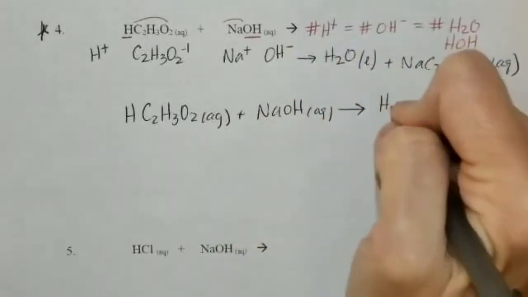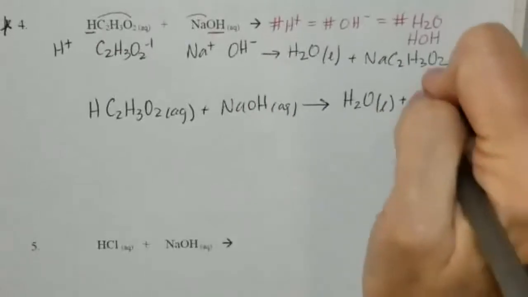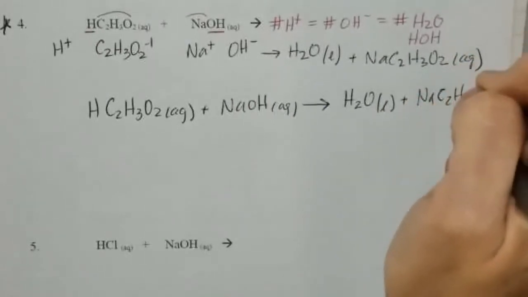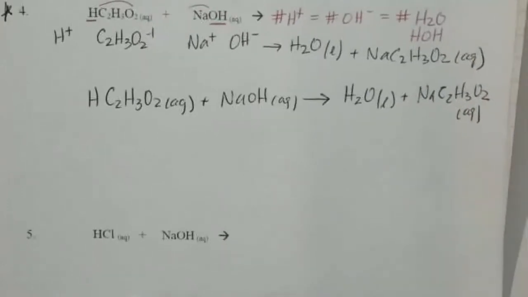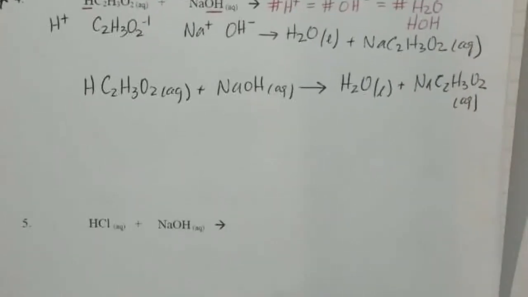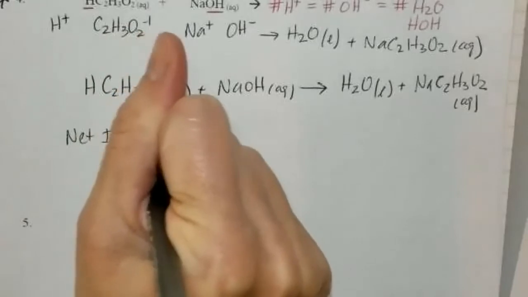And we would form water. And then the sodium acetate, NaC2H3O2. All right. So everything is 1-to-1 here. So there isn't any extra balancing we have to worry about. I'll spare you the total ionic equation, but I do want to talk about the net ionic equation here really